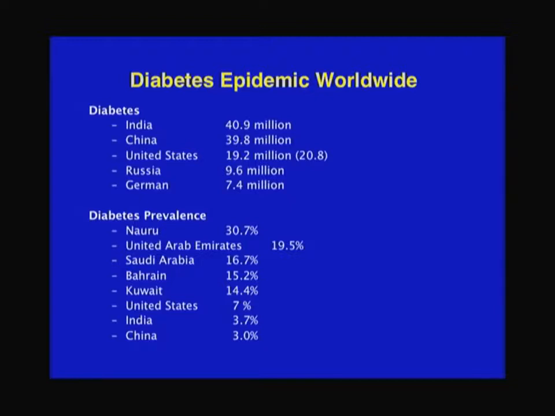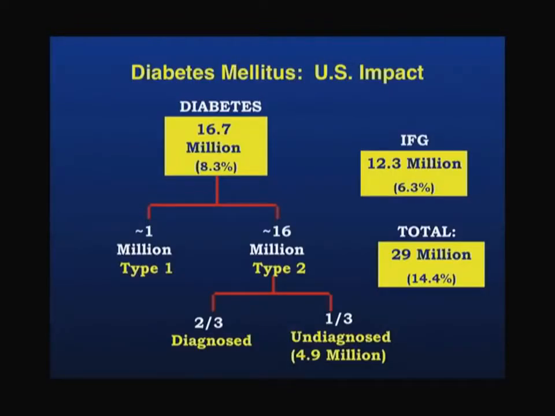As a percent, there are some surprises. We're up to about 8% in the United States, but there are some other countries, this is the South Pacific, the Middle East, most people don't think of as a place with very high diabetes prevalences. Other places, like India, where there's pockets of malnutrition, again, we're now seeing overnutrition and diabetes. So there's a lot of diabetes around. We're at about 8% of the population. And this is how it breaks down.